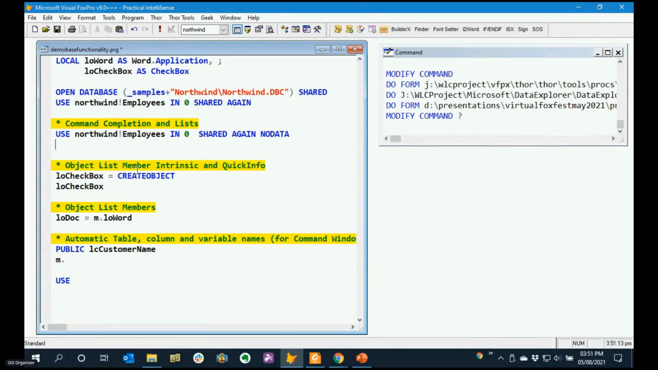You also have list members. So if I come in here and do create object, it brings down quick info for me, which is really the tooltip that provides the base reason why I can tell you I use the help file only 25% of the time that I used to. Most of the time, I use quick info to recall any specific parameters or any specific settings that I need